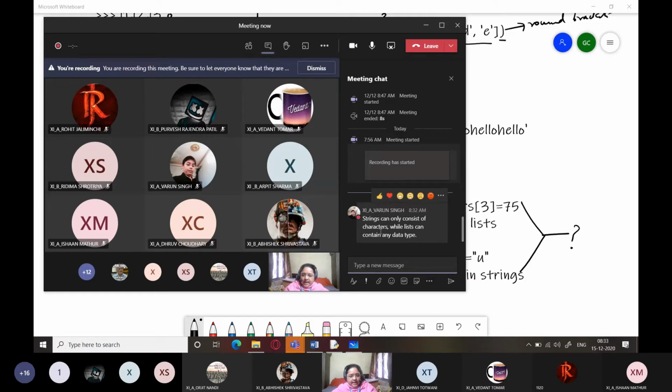Strings can contain characters which could be digits also, Varun. They could be special symbols also, and lists can also, but that is not the reason. The main reason is mutability and immutability. Strings are immutable, whereas lists are mutable, right?